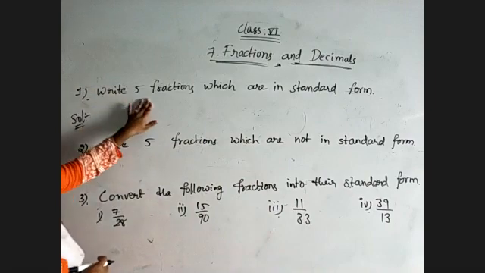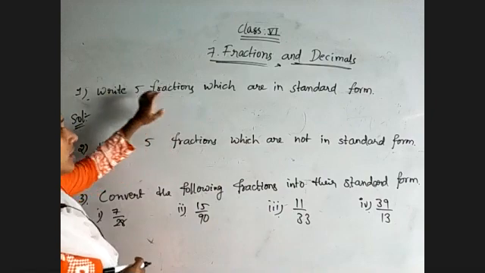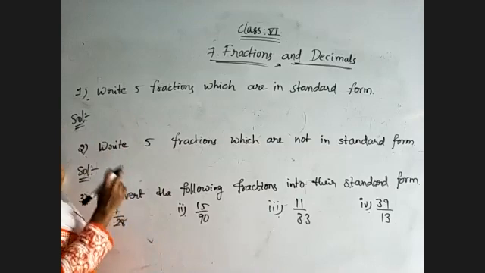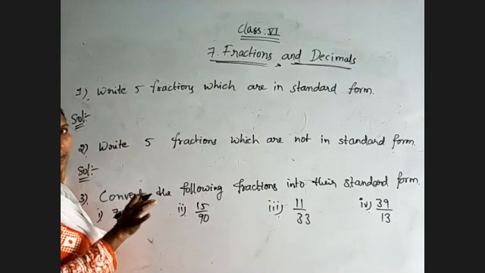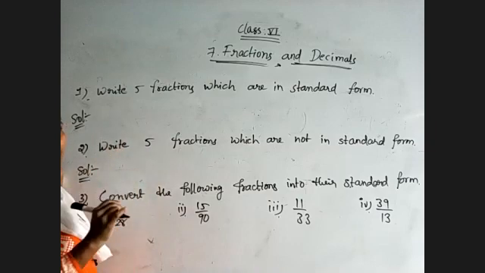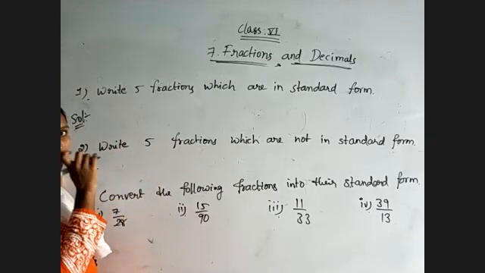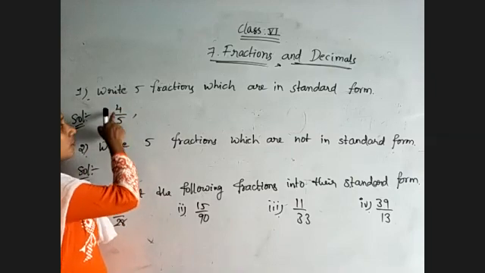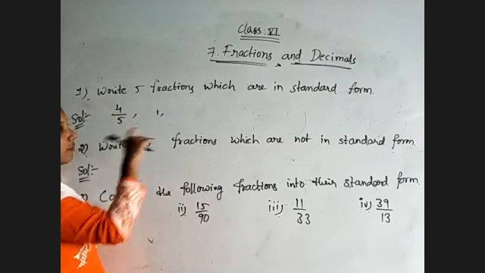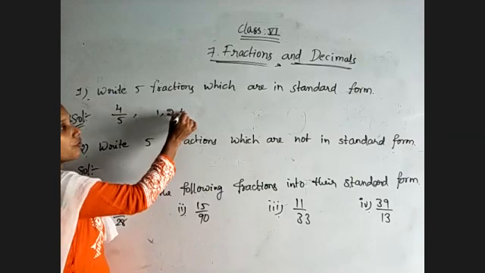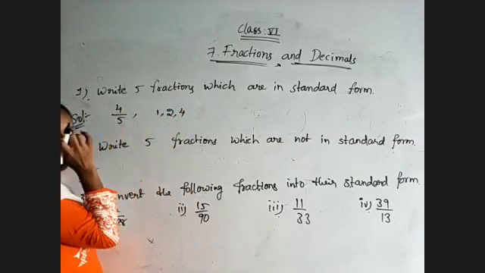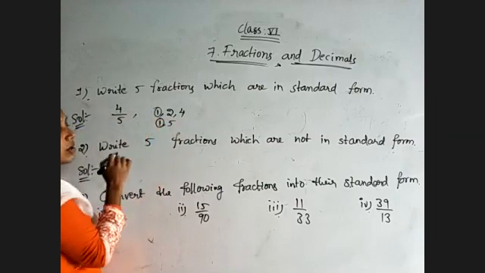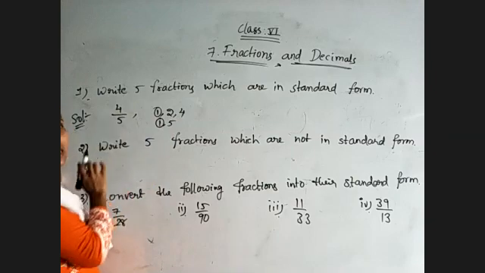So just observe, write 5 fractions which are in standard form. Write any 5 fractions. So for that, we need to select the numerator and denominator does not have any other common factor except 1. See, for suppose I am taking 2 consecutive numbers. Compulsory I will get HCF is 1 only. Means, for suppose 4 by 5 I am taking first fraction. See, 4 factors we will get 1 1s are 1 4s are 4, 2 2s are 4, 4 1s are 4. 1, 2, 4 are the factors of 4, and for 5, 1 and 5 only, because it is a prime number. So just 1 only common factor for them. Means they are already in standard form.